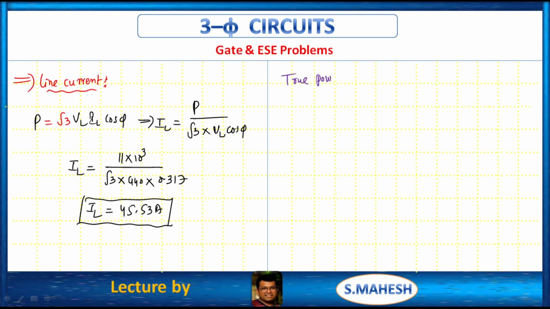True power is what? 11 kilowatt. Power factor is equals to what? 0.317 lag, and line current, which is equals to what? 45.53 amperes. That's it. Before that, it may be noted here,